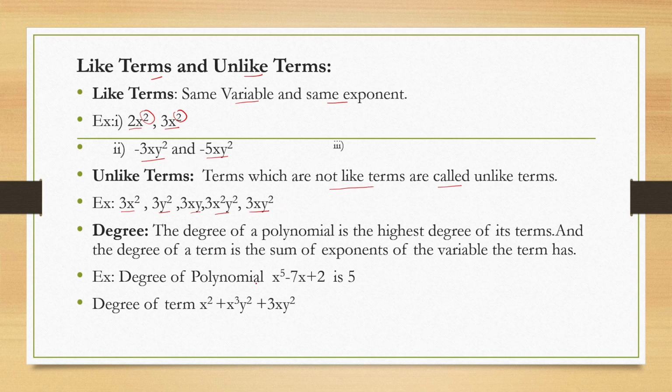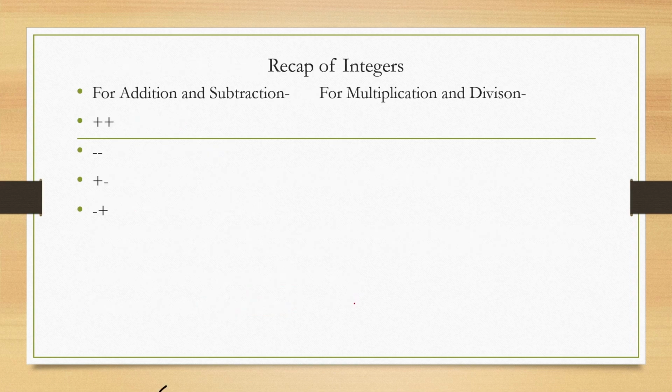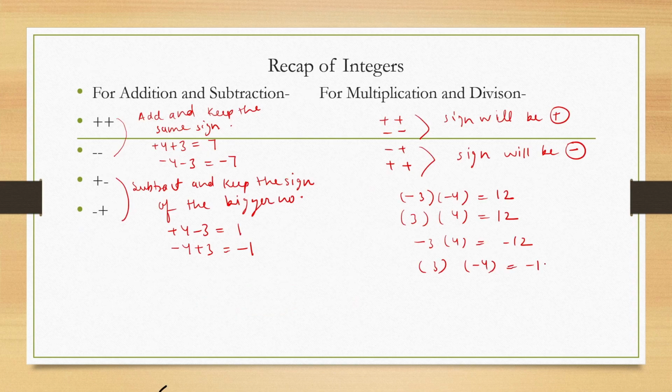So what is the degree here? So in the polynomial, this is a polynomial, and if you see the highest degree of the variable is 5. So the answer is 5. And if I want to know the degree of this term, we have to add up all the exponents. So in this term I add up these two, so this will be 5, this is 2 and this is 2. So the highest degree is 5 here. Okay, minus 4, that will be minus 12. Okay, so in this way we find out their signs.